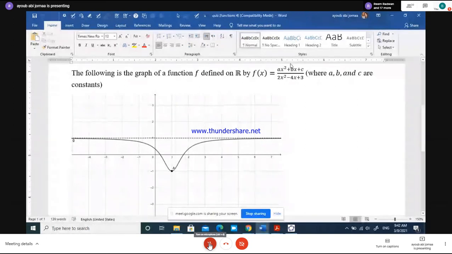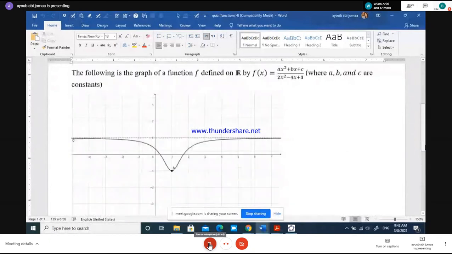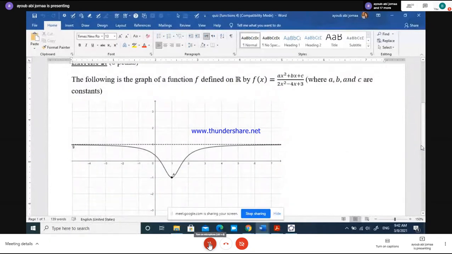Find A, B and C. اوكي. طيب. So وين احنا؟